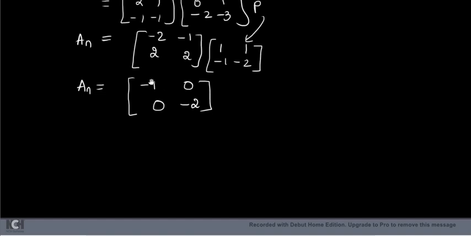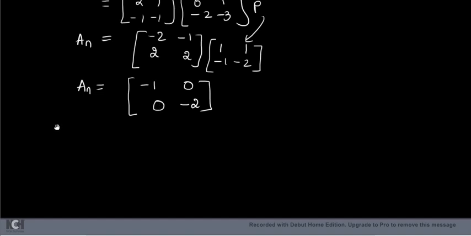Did you get the diagonal elements? Only the diagonal numbers are present. Other than the diagonals, you are going to get 0 everywhere. Only the diagonal will have elements. So this is a diagonal matrix. Diagonalization you have completed. Okay, but you have to find out Bn and everything else.